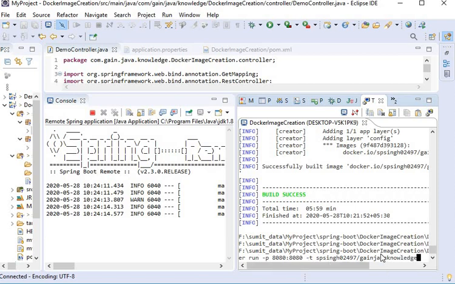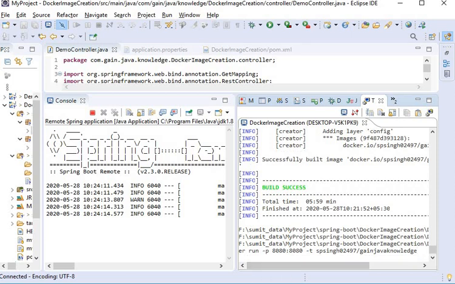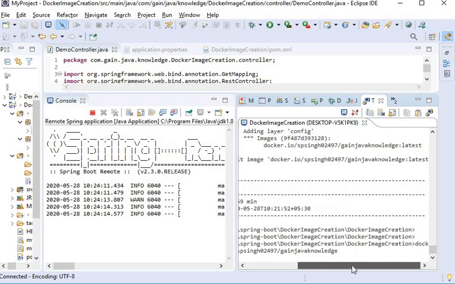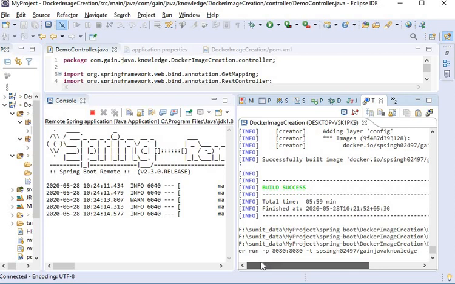Now I will hit enter. Docker run -p 8080 and its tag name, that is my image name created in Docker.